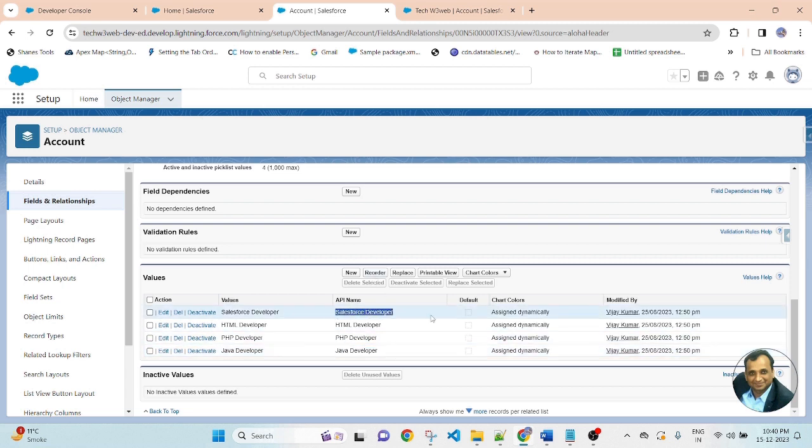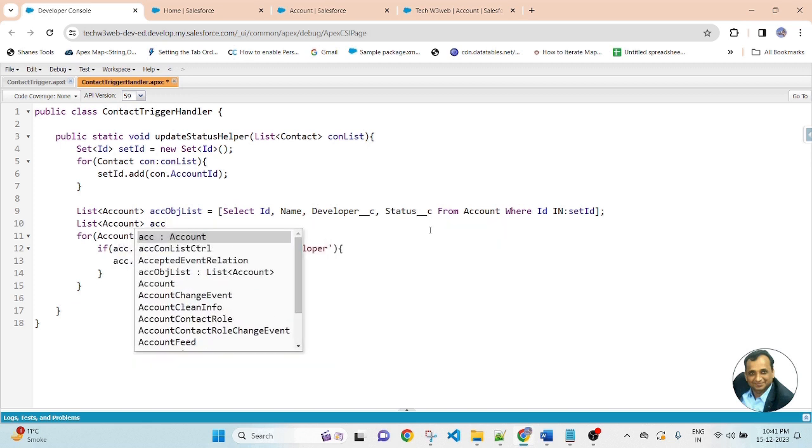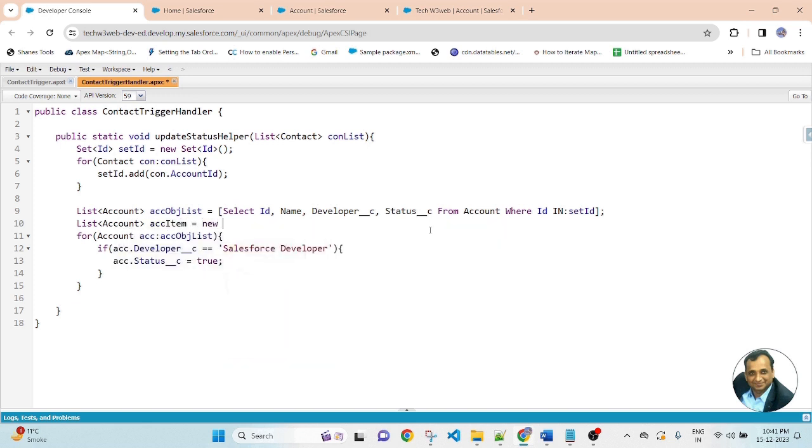Here I am passing Salesforce Developer, because as per the condition, if the developer is selected as Salesforce Developer, then we will update the status value. Status is a checkbox. So acc dot status equal to true. And here I am creating a list of accounts, accItem, new.